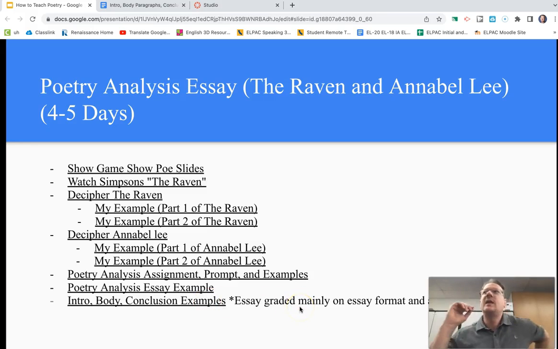I tell them, as long as the effort is there based on analysis, which is easy for us as teachers to tell, then they'll do well with their grade. I don't punish them, because their brain not being fully developed is not punitive. Like, hey, your brain's not developed, you're going to get a C? No, not at all. Of course, they can still earn an A as long as the format's there and the effort is there to show some analysis. They tried.